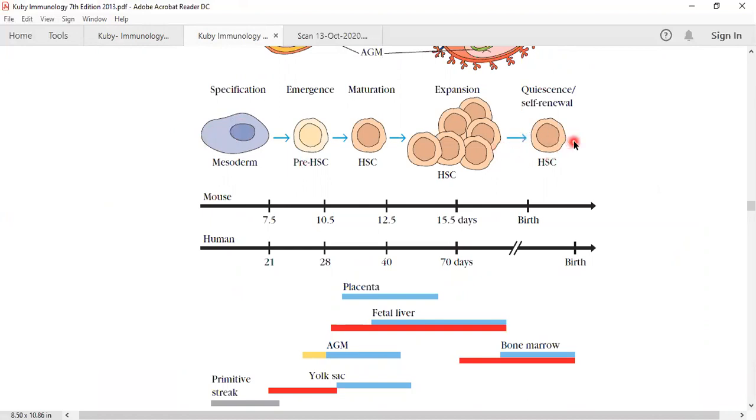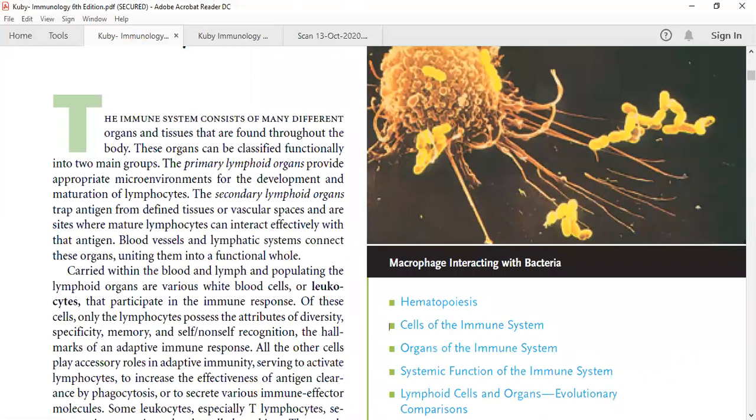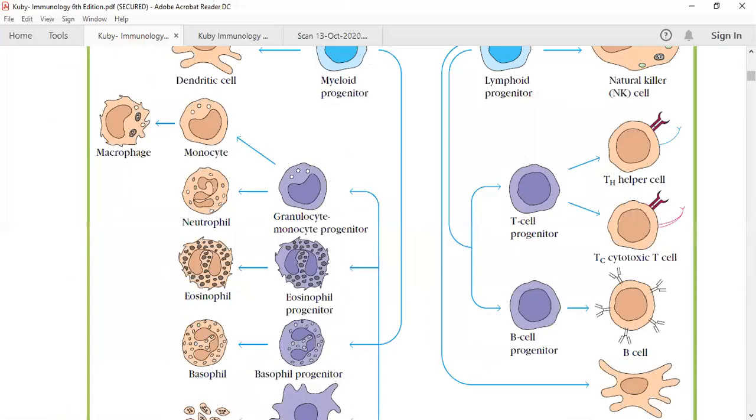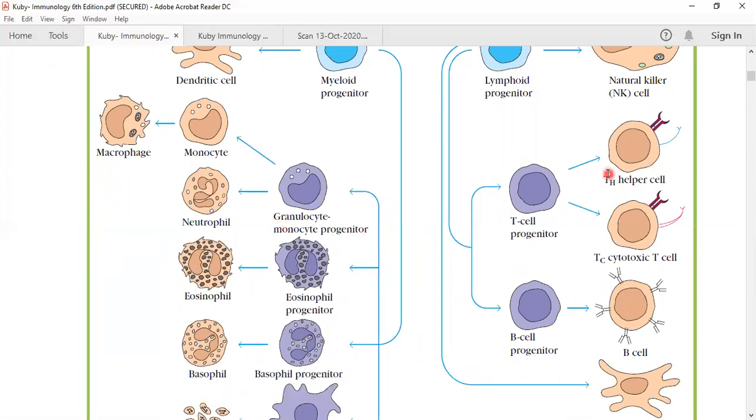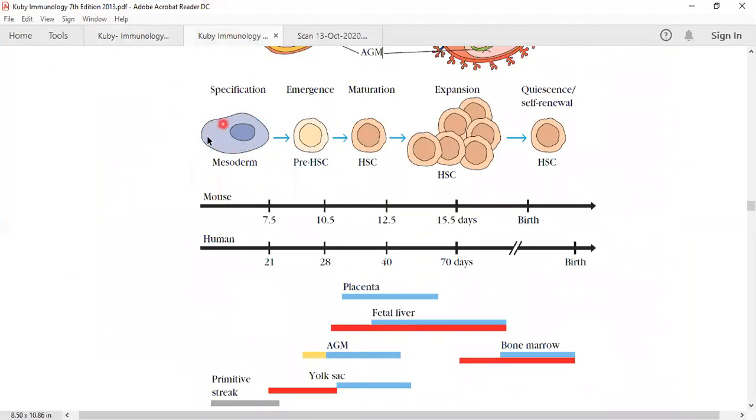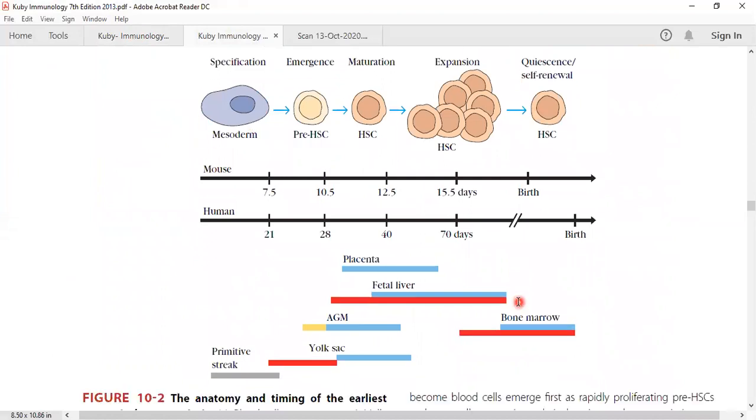And we know from the previous diagram of hematopoiesis we have covered, this hematopoietic stem cell is responsible for the development, for the generation of all these different kinds of cells in the blood, which are known as white blood cells. So these lymphocytes are also one kind of white blood cells, which are making 20 to 40% of the WBCs. So this mesoderm is making this hematopoietic stem cell. Now,